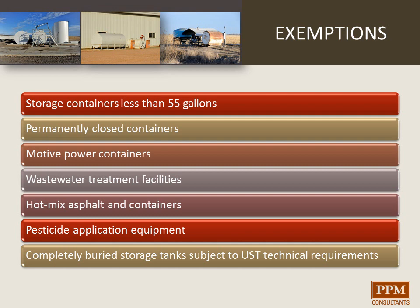There are some exemptions. If you have no storage container, tank, vessel, or bucket that is greater than 55 gallons, so you could have, let's say, 300 5-gallon buckets, which would be 1,500 gallons. You would not have to have an SPCC plan because no single vessel is greater than 55 gallons of